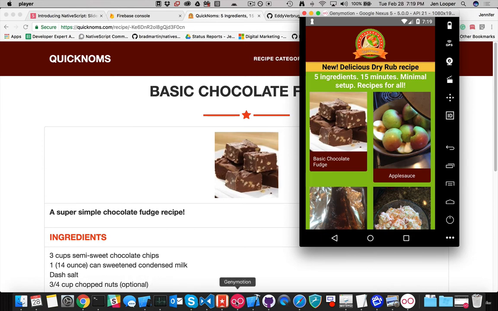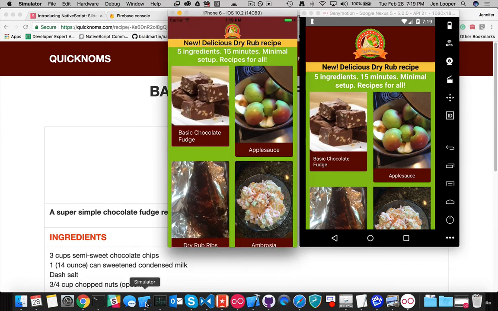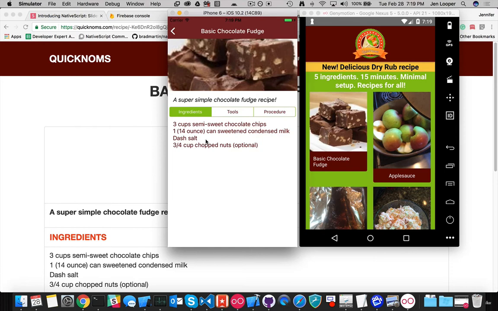And here it is on iOS. So there it is. I have to just fix that little blip, but anyway. It does show you how fast content can get to your app. I don't know if you are familiar with the recipe app called Forks Over Knives, but I basically copied their interface because I love it so much. So all it is basically